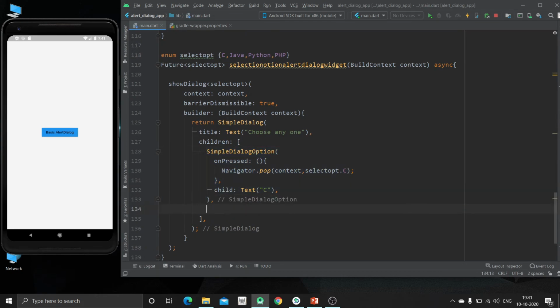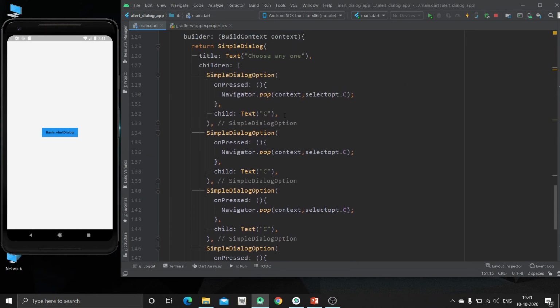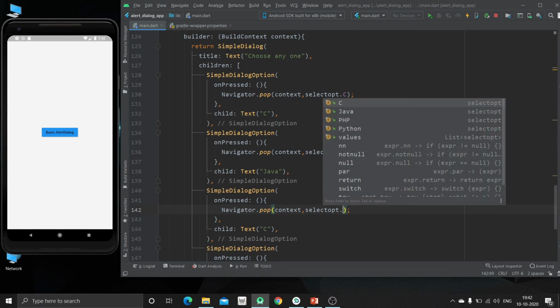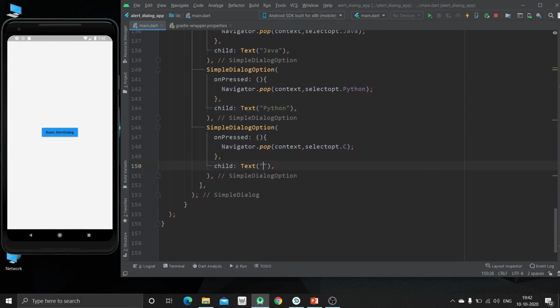Now similarly we are going to create for the other 3, that is for Java, for Python, and for PHP.